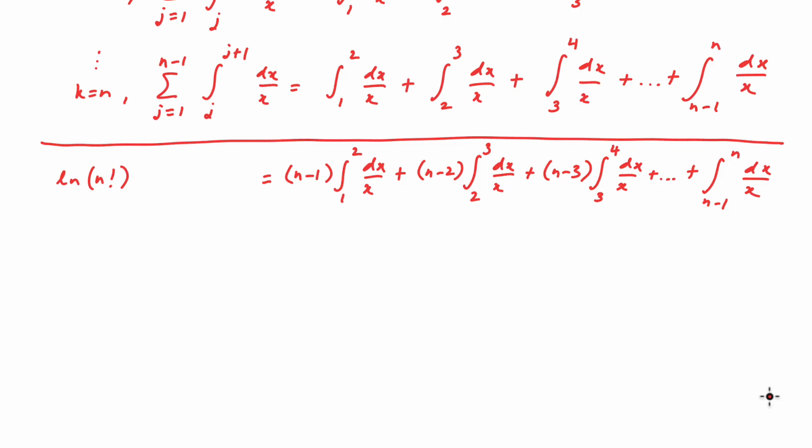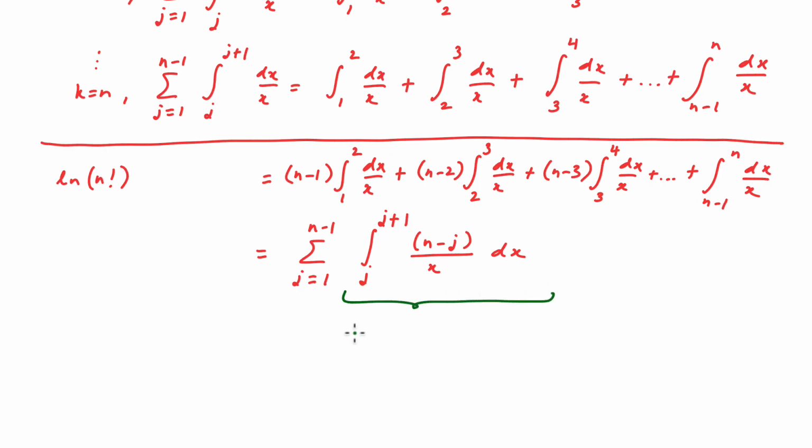The right-hand side can be expressed as the integral from j to j plus 1 of (n minus j) upon x dx, where j is summed from 1 to n minus 1. Now, in every one of these integrals, x goes from j to j plus 1. In this interval, the integral value of x is nothing but j. Therefore,